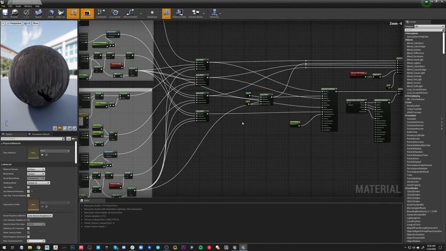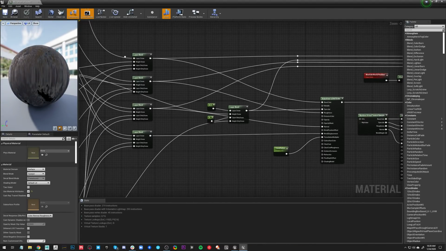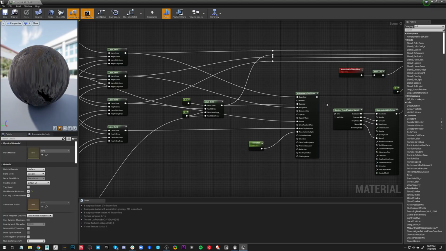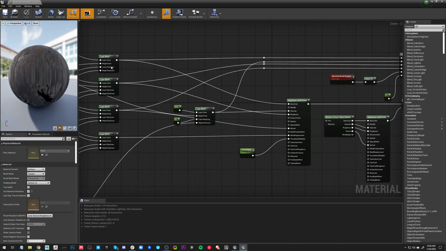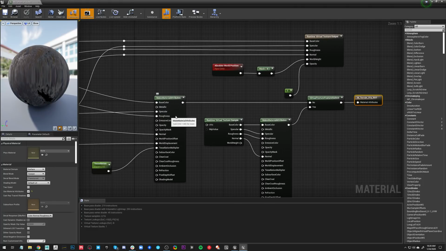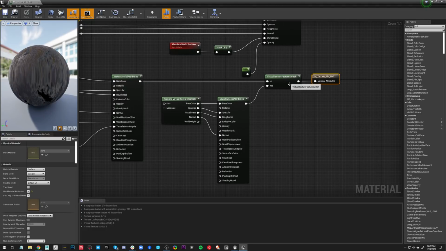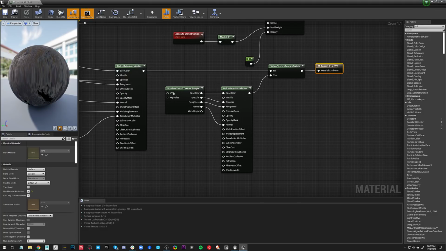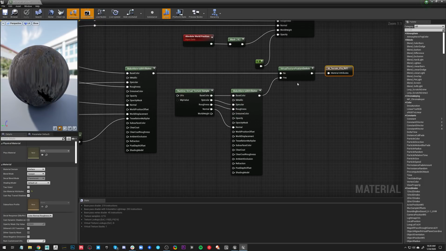All right, so there's nothing too special going on here. These are all the different layer blends that are just plugging into my typical make material attributes for our terrain. So this is our albedo, roughness, normal, etc. And from here, what I've done is I've routed this into a virtual texture feature switch, and this just allows a little bit more control. And what we can do from here is just run a runtime virtual texture sample into a make material attributes, plug that into our yes.